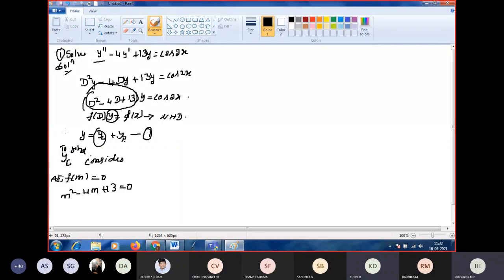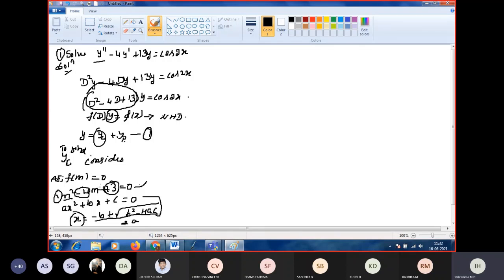No, ma'am. Then we go for the formula method. Formula method means ax square plus bx plus c equal to 0. This is a standard quadratic equation. So x is equal to minus b plus or minus root of b square minus 4ac by 2a. This is the formula. Substitute x as m and the coefficients of m square, m and the constant term. a is 1, b is minus 4 and c is 13.